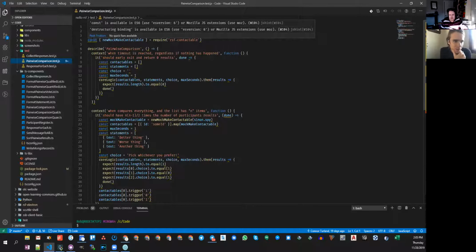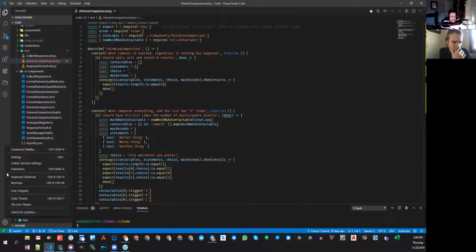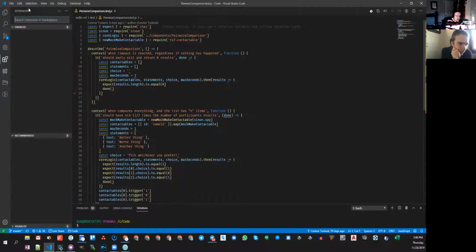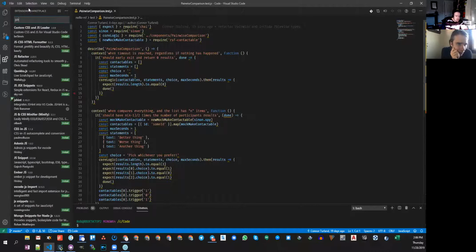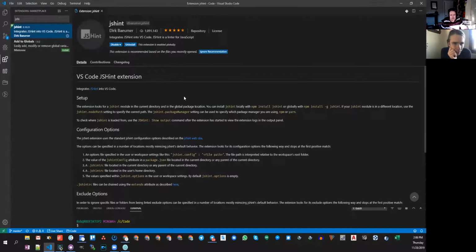You might want to disable JS hint specifically for this project in extensions. Should I just uninstall it, or do you know how to do that? Yeah, extensions, JS hint. Sounds like you've got it installed, and you could just disable it. You have the option to disable it for this workspace. That's what I was proposing.